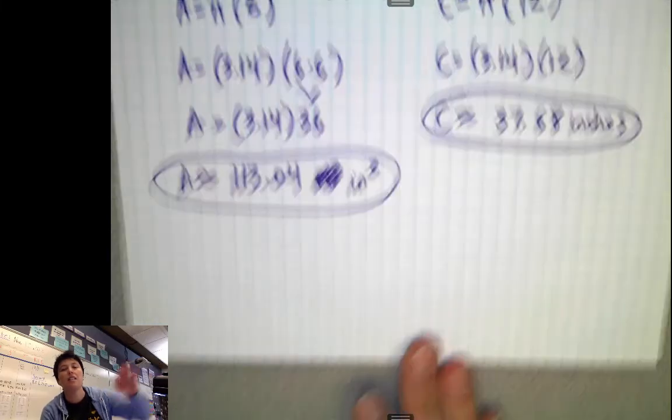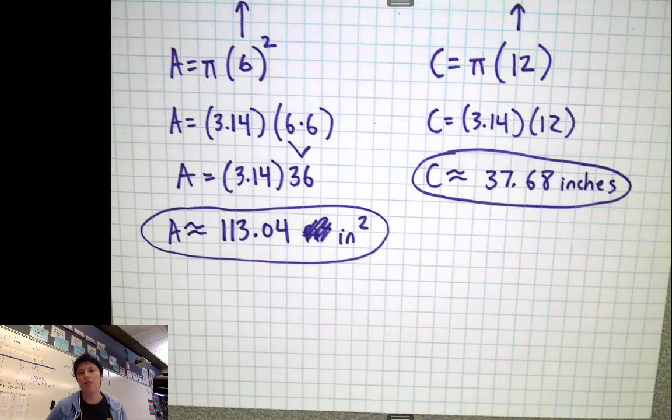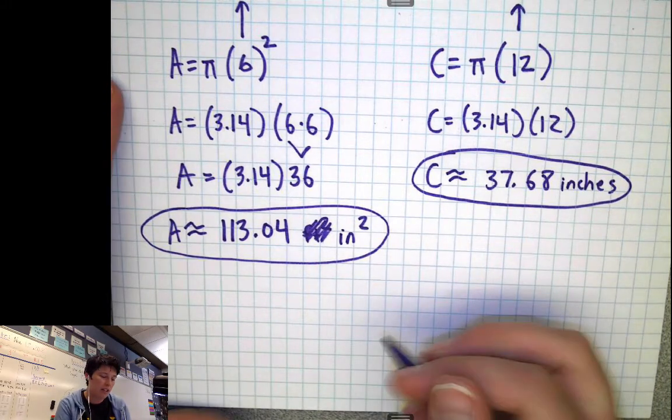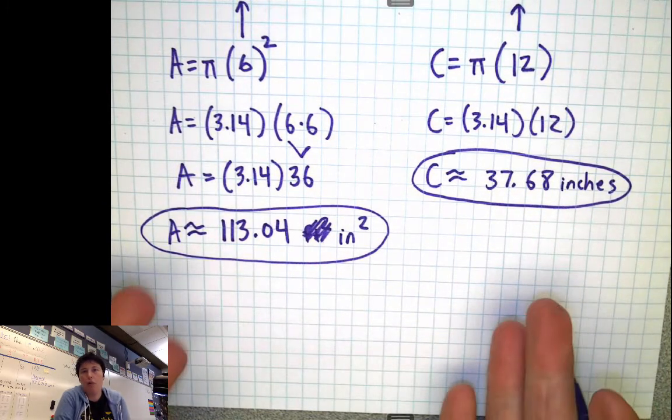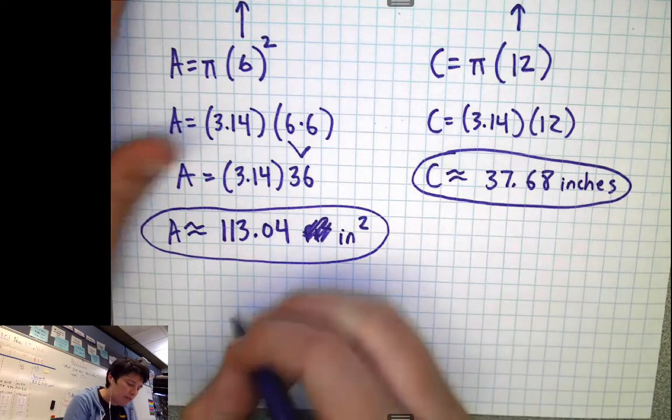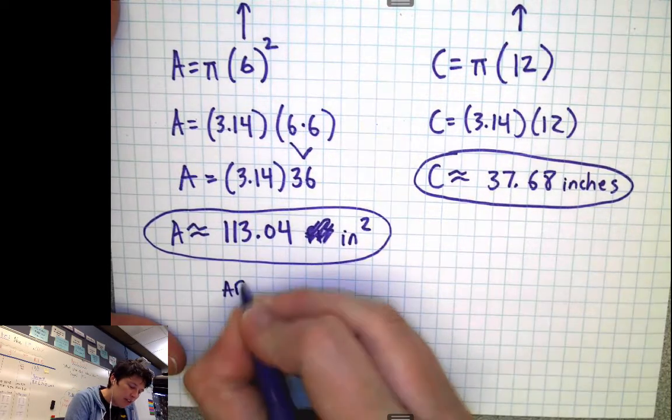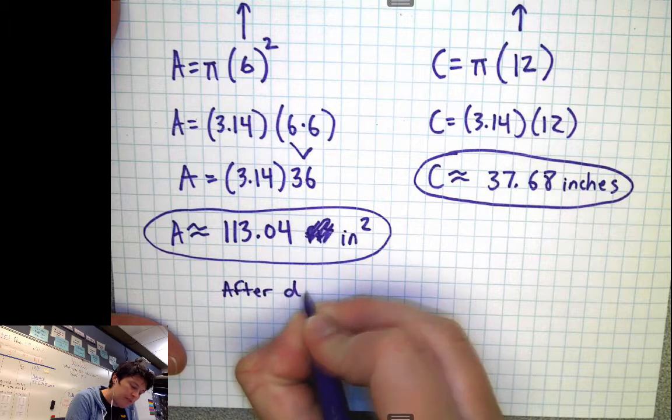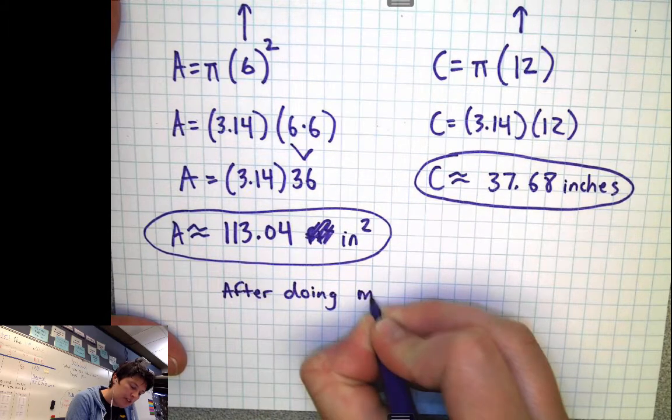So how could I take this even one step farther? What else could I do to prove to someone that I really understand this problem? I probably could write a statement. So I'm going to write a sentence, or maybe 2 sentences, that explains what this information is. Like, what do I have here? Okay, so after doing my calculations,